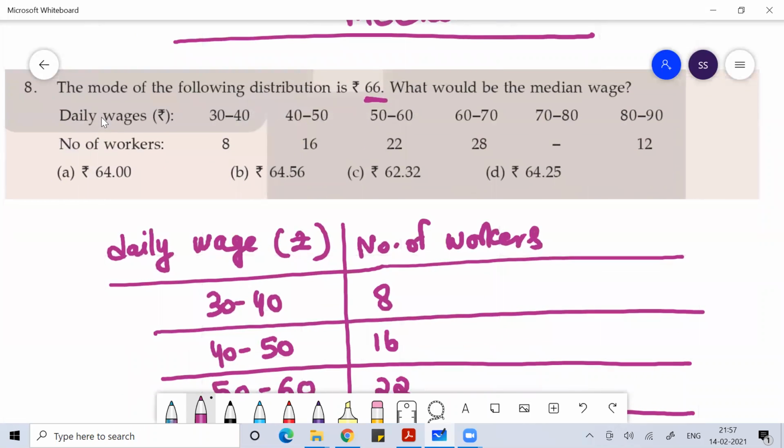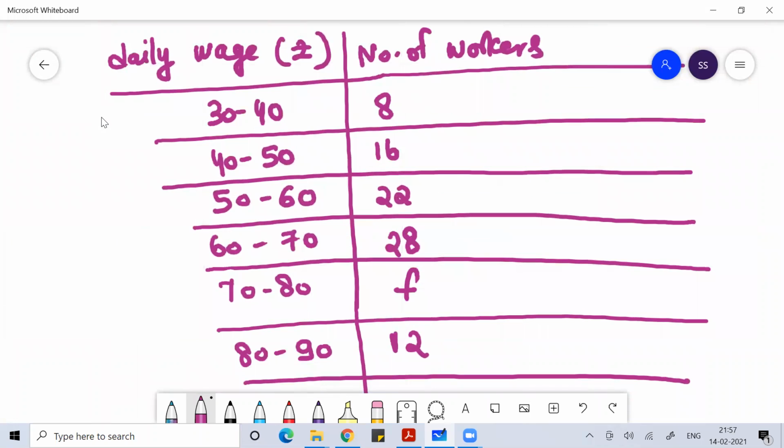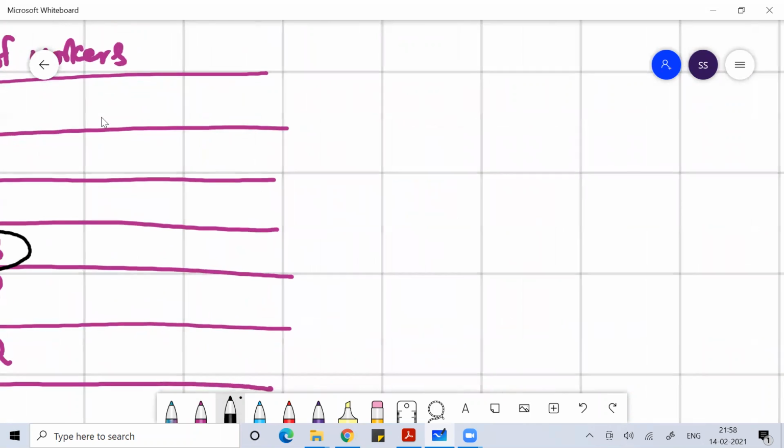If you notice, the mode is given to you as 66. Now, 66 is the mode. If the mode is 66, it means the required class interval you should consider is 60 to 70. Only then can you get a mode of 66. So, if you remember the mode formula,